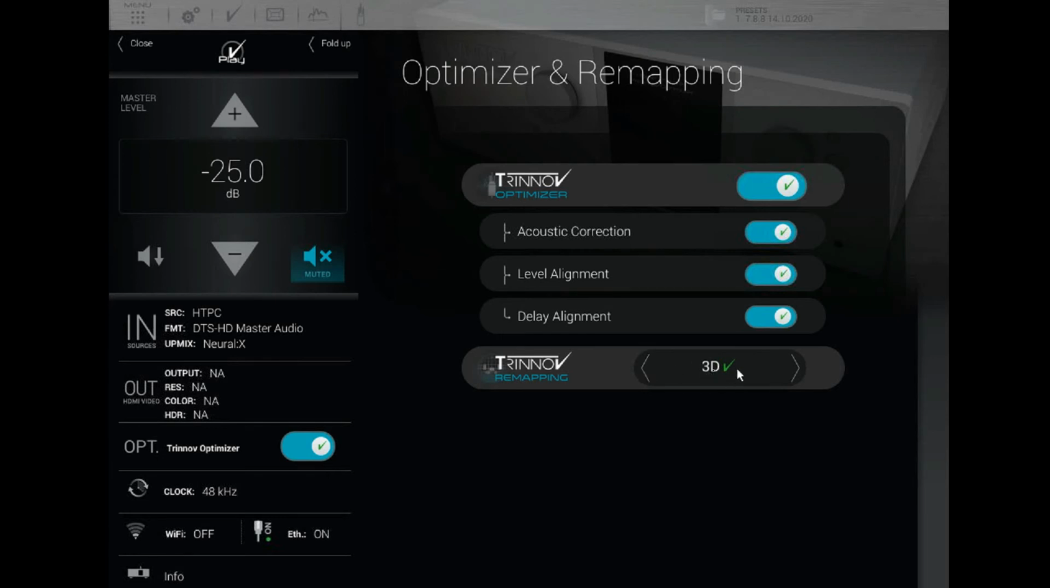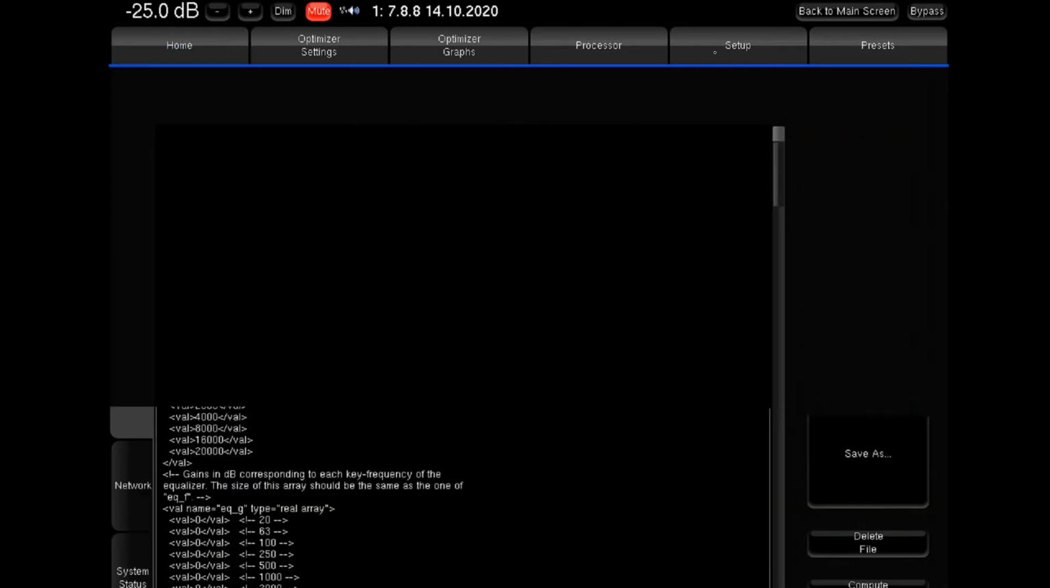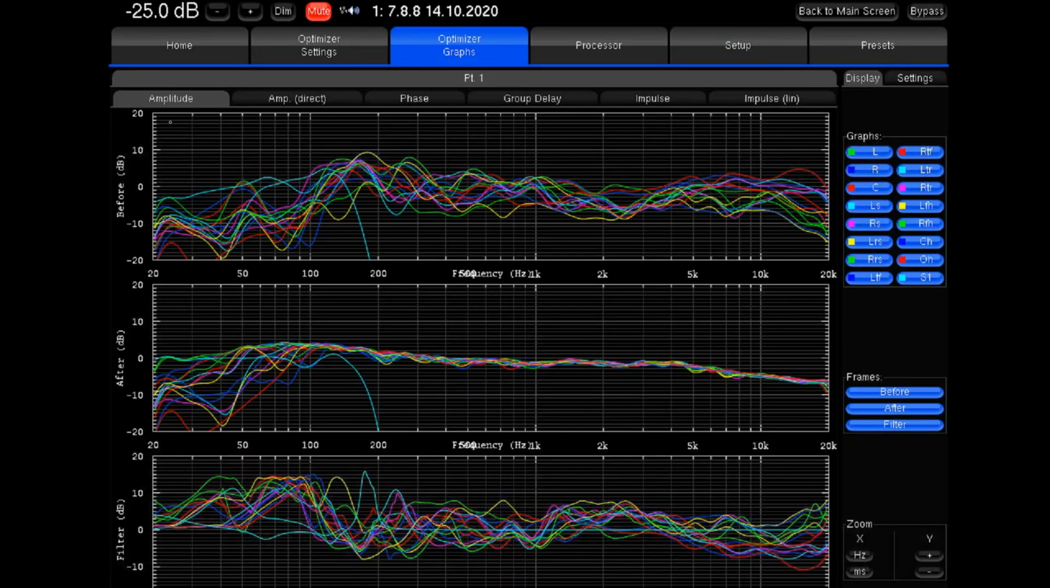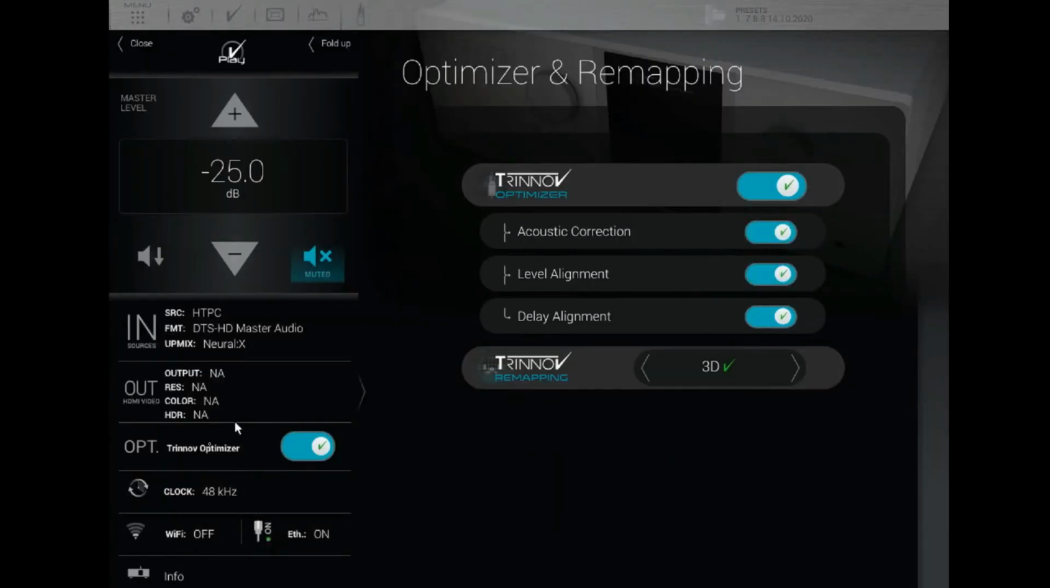At the moment I've got mine selected at 3D remapping to only do the surround channels and not the main channels. I'll quickly show you here as well. We'll go through all these options one at a time, but I'll just quickly show you. So if you go to settings here, you'll see that the remapping is on only for the surrounds in my case. So back to the main menu,